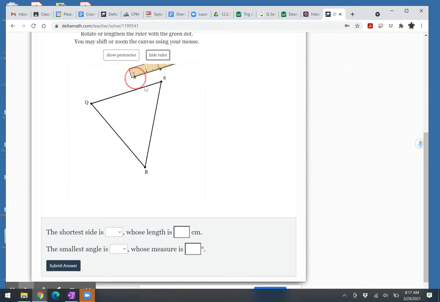Let's see, if I do the third one, it looks longer. Yeah, that one looks like the longest one. All right, so Q, the shortest side is QS, whose length is,